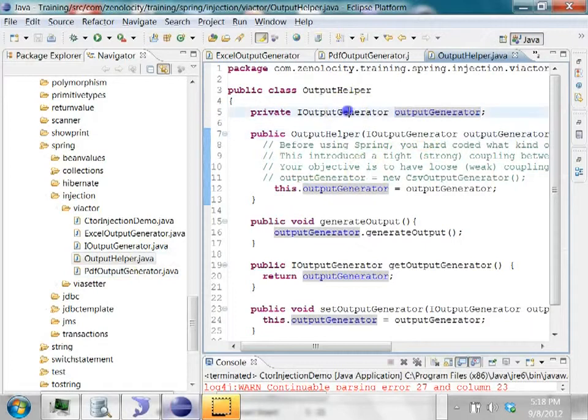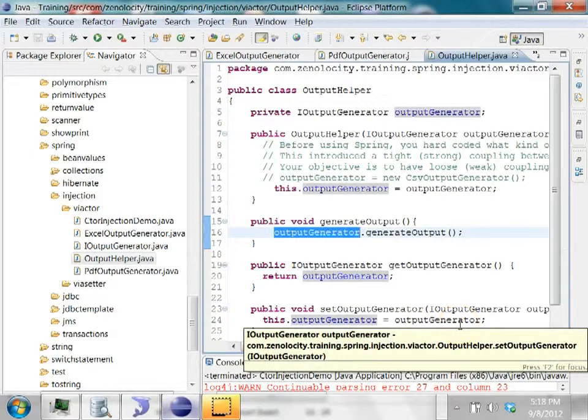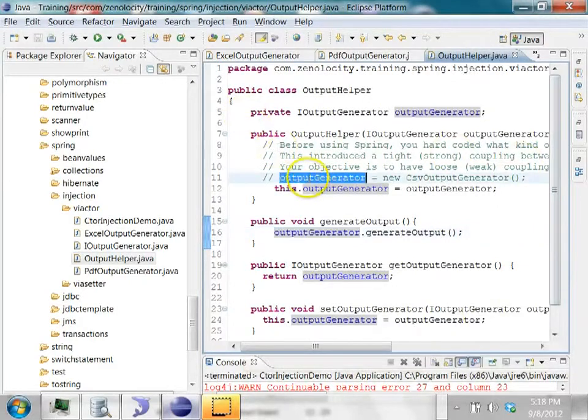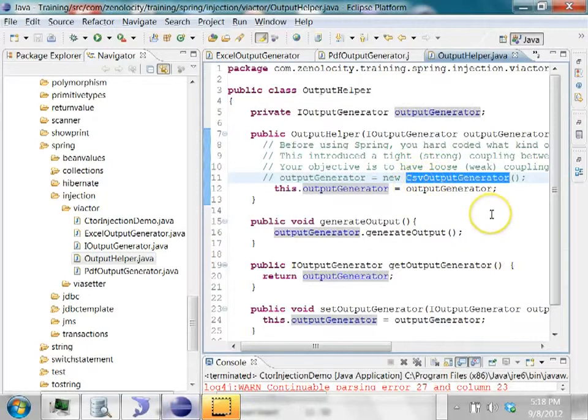We only talk in terms of the interface. So when you invoke the generate output method from the output generator, which one gets invoked, the Excel one or the PDF one? If you are coding without using Spring, you would have hard coded to one of the two. You would have said output generator is new Excel output generator or new PDF output generator.